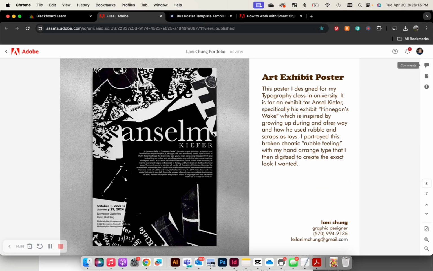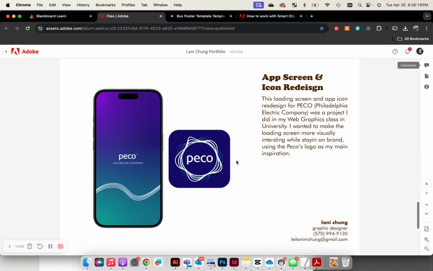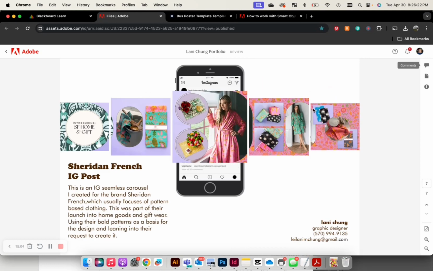Here's another nice example of a flat iteration where she's just highlighting one poster. And something like this where she's using it to show off an entire Instagram campaign. So now let's take a look at how one of these templates might be constructed and how we could use